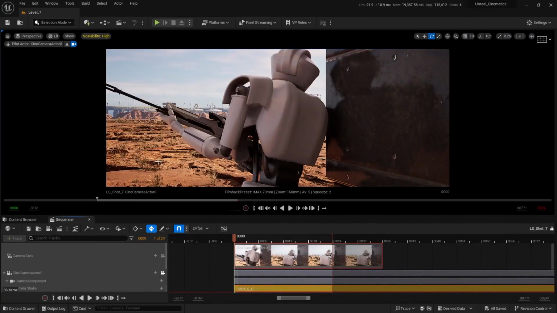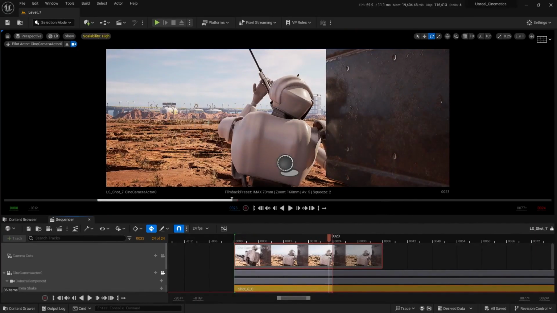Okay, so I've placed a few rocks and stones on top of this basic surface, and we also have a little bit of foliage as well. So that's pretty much it for this